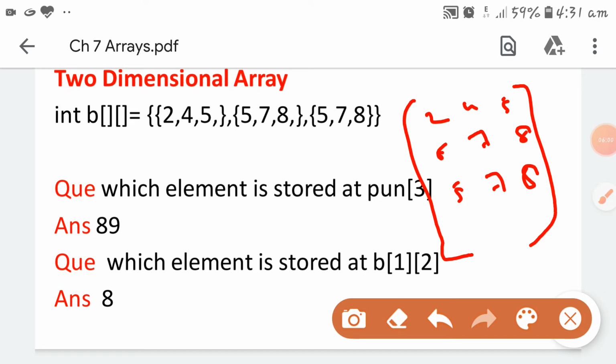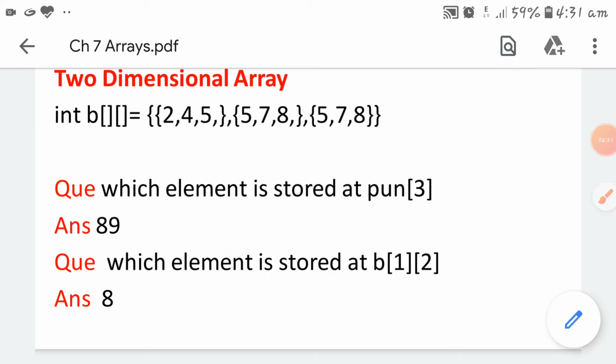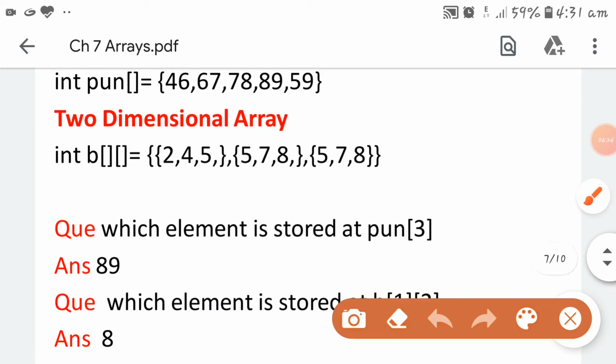Now B12 means first row, second column. This is the 0 row, this is the first row. This is the 0 column, first column, second column. Now the first row, then after that second column. So 8 is the answer. Okay, so such ICSE questions are asked related to arrays.